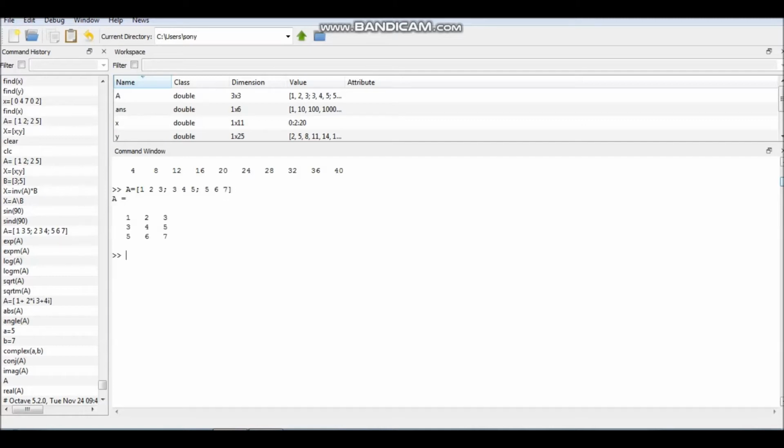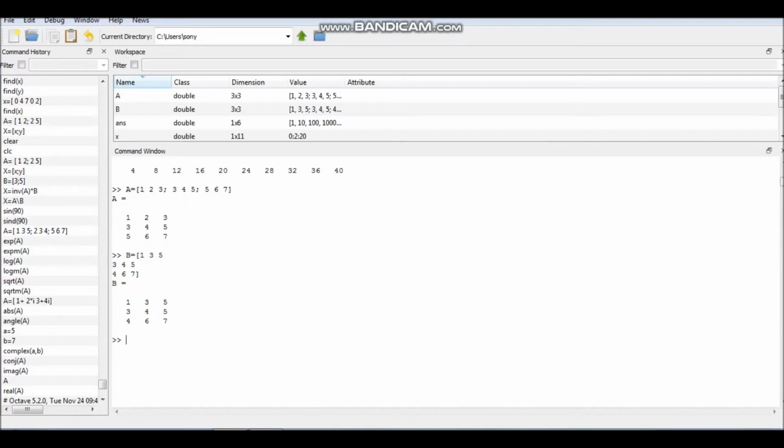So this is one way of writing a matrix in MATLAB. The other way is that you can write a matrix like this also. Let us say B is equal to 1 3 5. Then instead of writing semicolon, press enter. Then you will enter in the next row and write the entries of the next row. Then press enter and you enter in the next row, and this is a 3 cross 3 square matrix. So you will get the answer, that is matrix B. So either you can put a semicolon or you can press enter, you will enter in the next row. So these are the two ways.